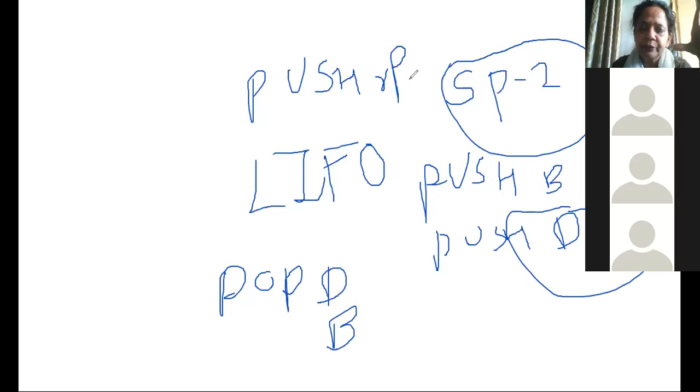So since it is an opposite instruction, what will happen if this is the stack? If I am removing these particular things, then what is happening? Slowly I am getting more and more space, correct? So the same thing happens with this also. As you take out the contents of the register pair from the stack, slowly the address will increase. That is, more memory locations will be available for the user to store the contents of the register.